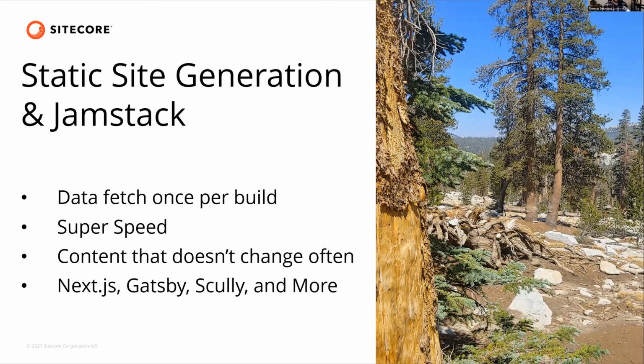So we're creating static pre-rendered sites for our visitors that gives us the super speed, where we're able to just deliver content directly to our users. And if you're familiar with Sitecore, maybe you're wondering how can you have these static sites and offer personalization and a good digital experience? We'll look at that, but static site generation and Jamstack in general are lending themselves towards content that doesn't change